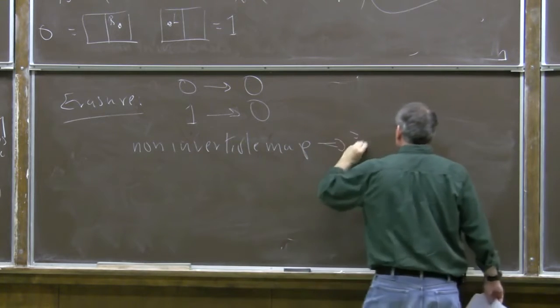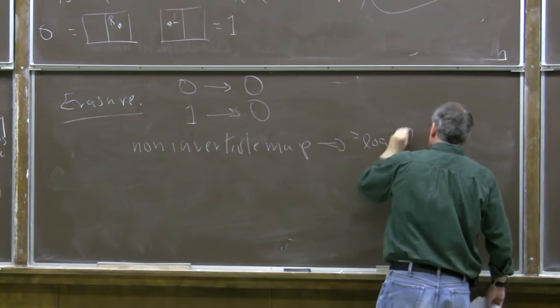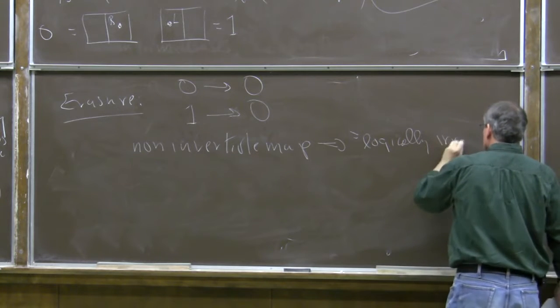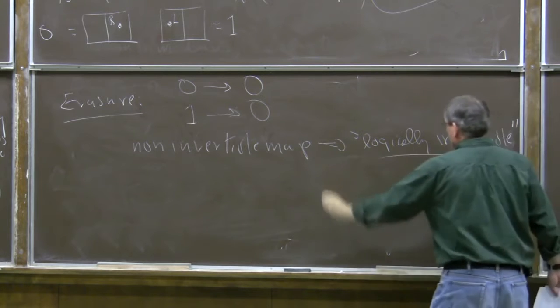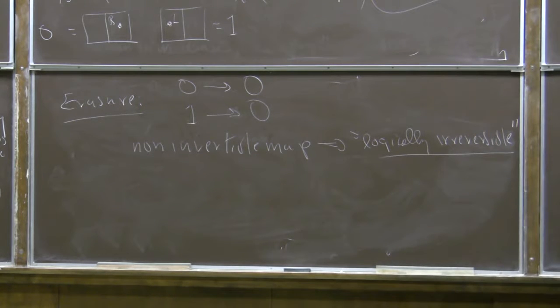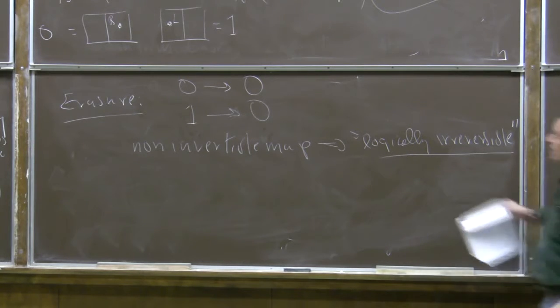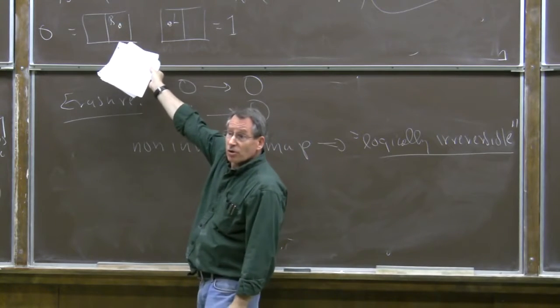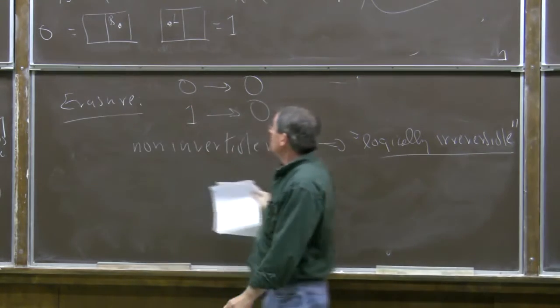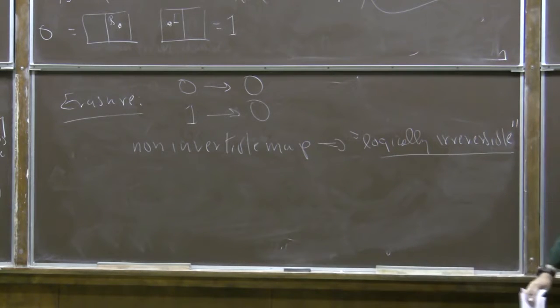I call that logically irreversible. You can't undo it. So how would I erase the information? I've got to do something like this. No matter whether the molecule was on the right or the left initially,